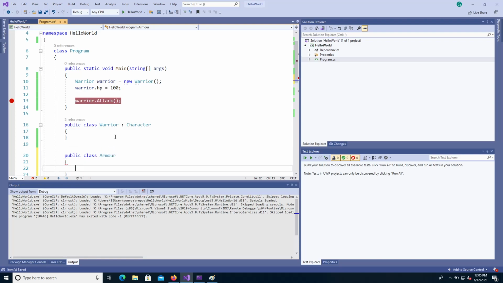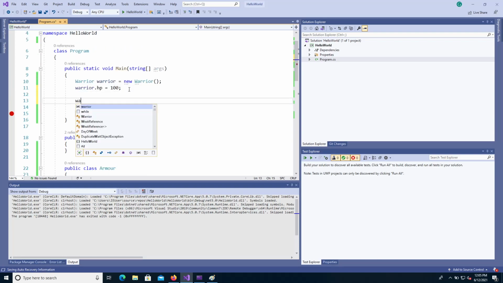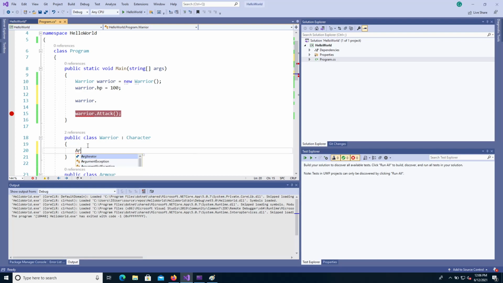armor, durability, and now imagine that, of course I have to add the armor, public, and then